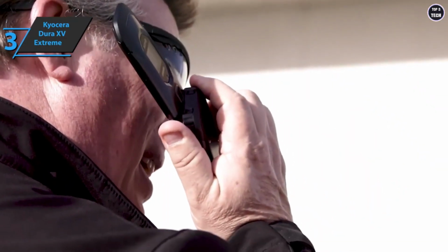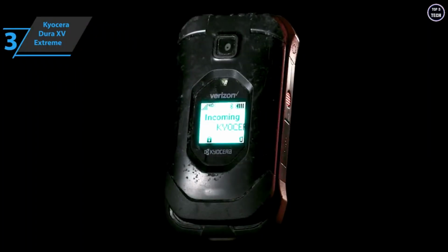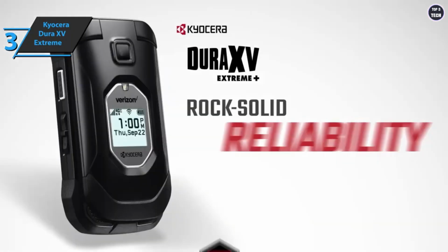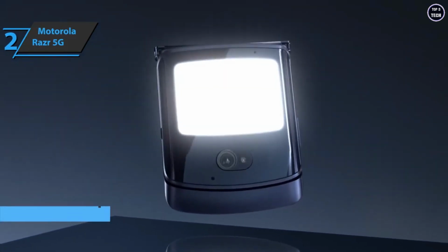It also delivers loud sound, 100 decibels plus from the front speakers, while the two microphones use noise reduction to be heard even in a noisy workplace, such as a construction site. Highly recommended. Up next, we present to you the silver medal and the title of the runner-up best flip phone